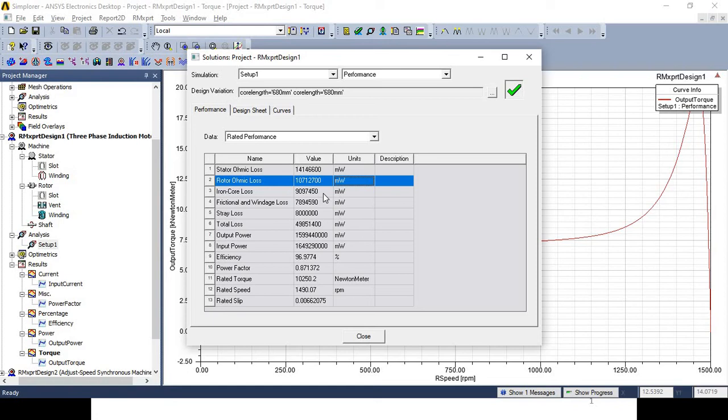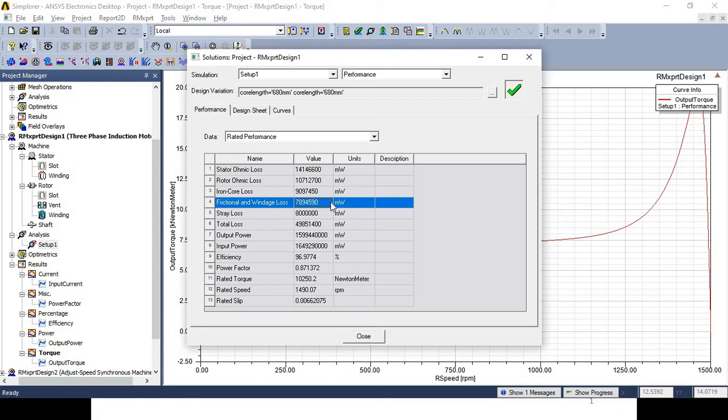Iron loss is 90 lakh 97,450 milliwatt. Frictional and windage loss is 78 lakh 94,519 milliwatt. Stray loss is 80 lakh milliwatt.